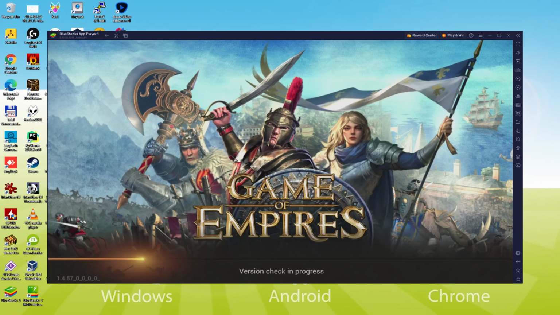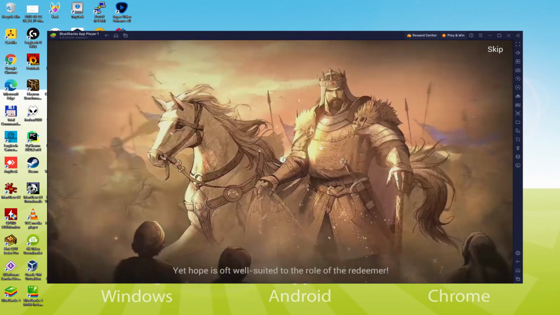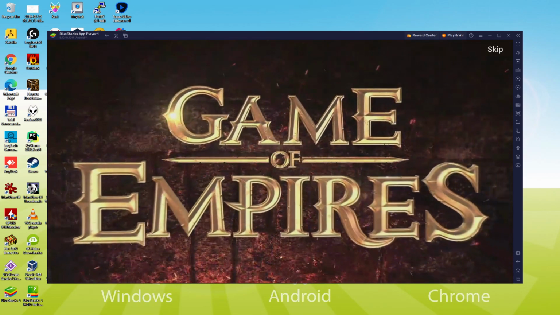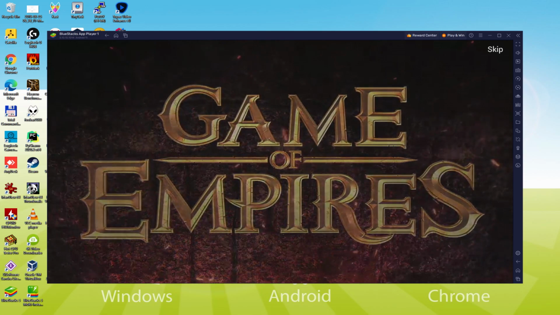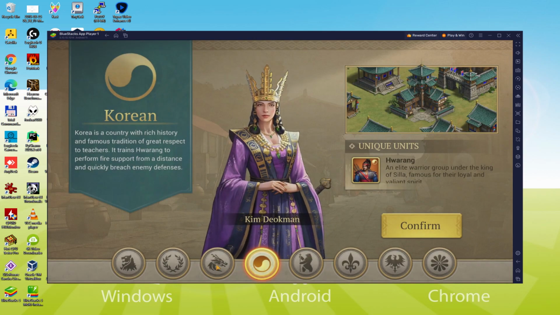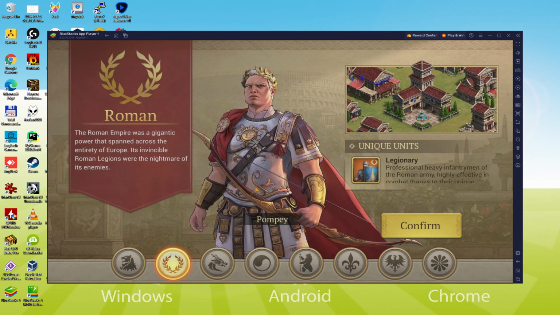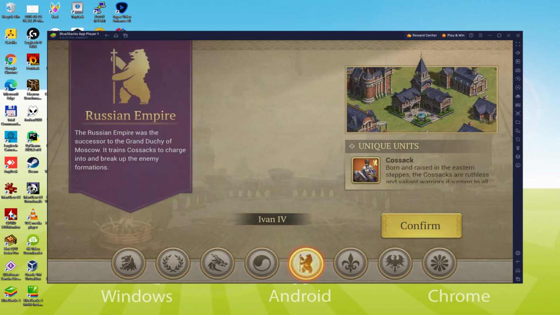Today we are going to see how to play Game of Empires Warring Realms on PC using the brand new BlueStacks 5, that is designed for blazing fast speed and high octane action. We will be able to easily download and install Game of Empires Warring Realms and enjoy the game on our Windows PC with keyboard, mouse and big screen thanks to BlueStacks 5, which is the Android emulator that we recommend to play Game of Empires Warring Realms. So without further ado, let's get to it.